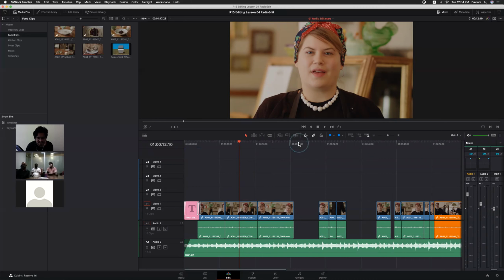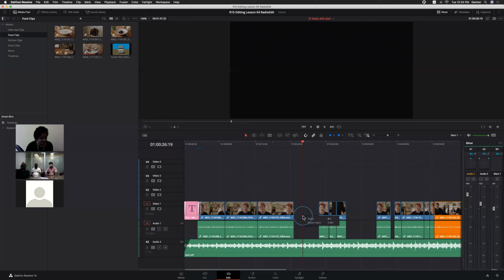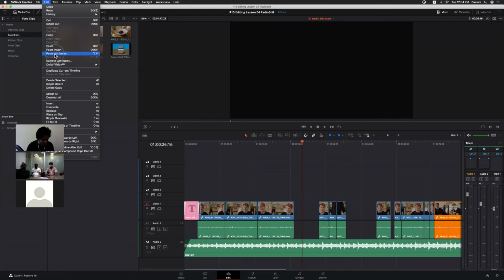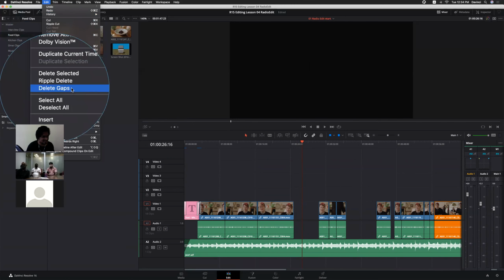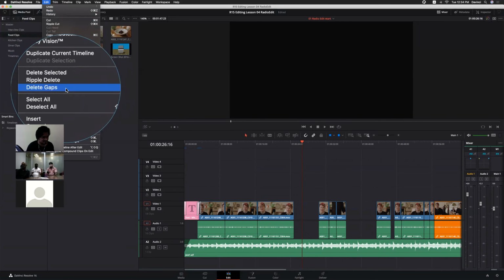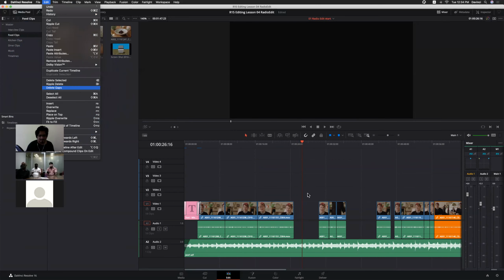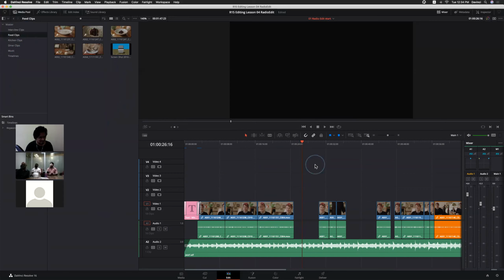Before doing that, we know how to close the gaps, right? Select and delete. Or if you want to close all the gaps at a time, go to the Edit menu. You have this Delete Gap option. It will close all the gaps. But we know that only if you have a gap throughout that place in all the tracks will it be considered a gap, right?